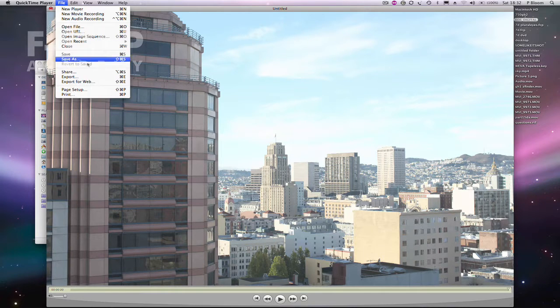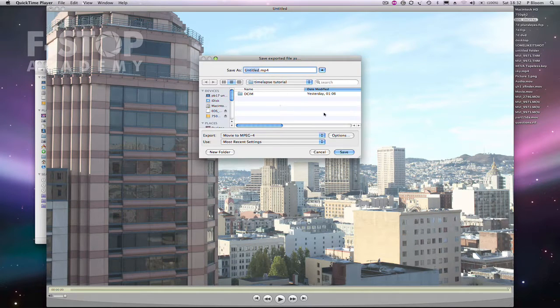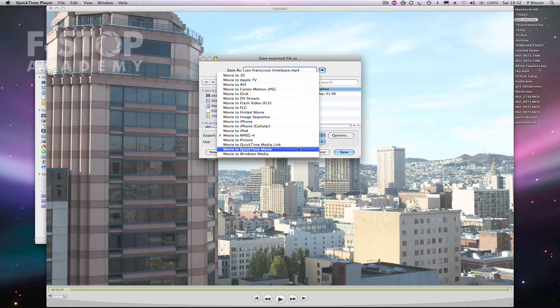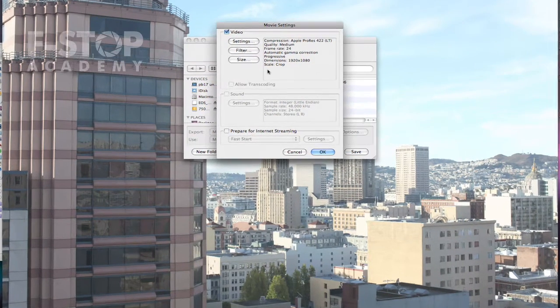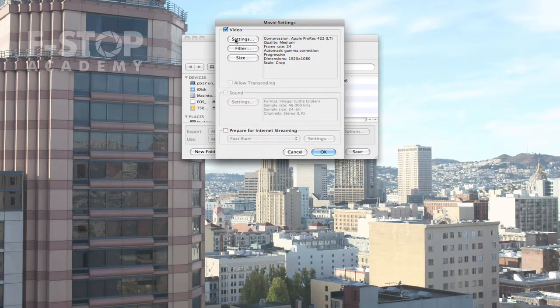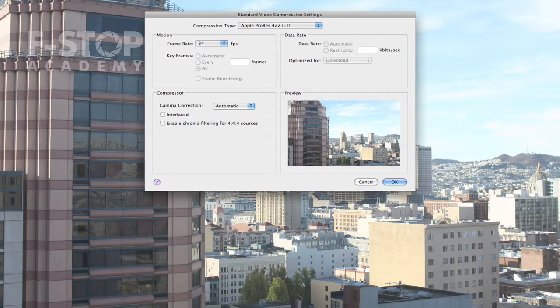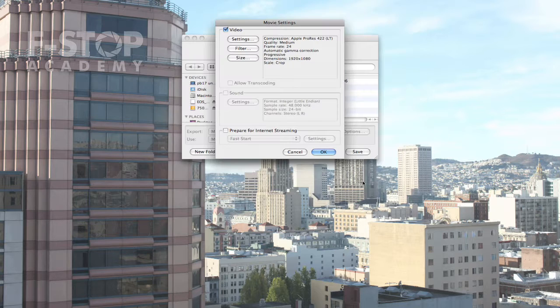So what we do is we go to File, Export, San Francisco time-lapse. Go to QuickTime Movie. Go to Options. And we've got it on ProRes LT, which is what I want in Final Cut 7, 24 frames a second, which is what I want, so that's great. And size, at the moment it's cropping it to 1920 by 1080, which is a standard 5D video size, but